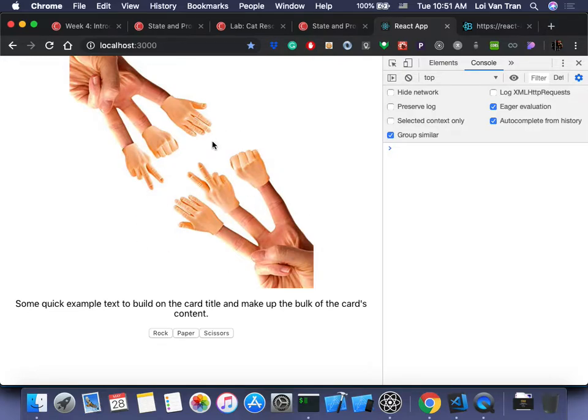The player has no choice right now. There's no choice. Thus, this image is chosen. But if we choose paper,